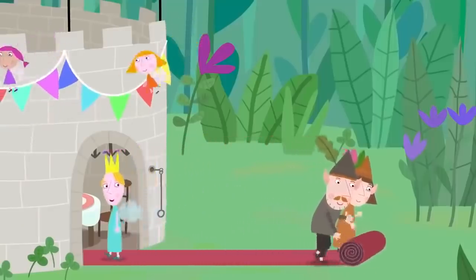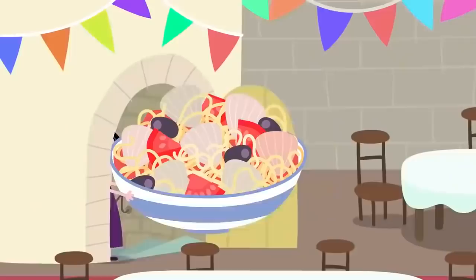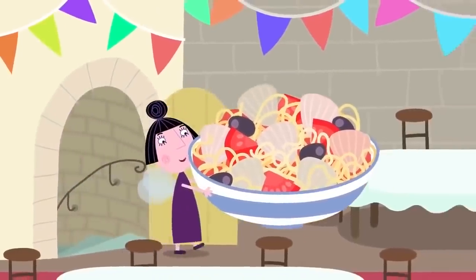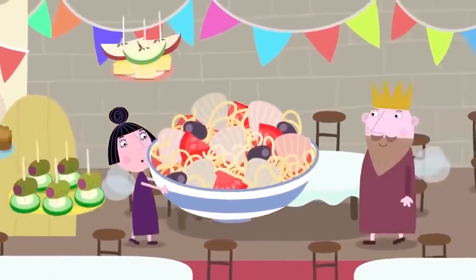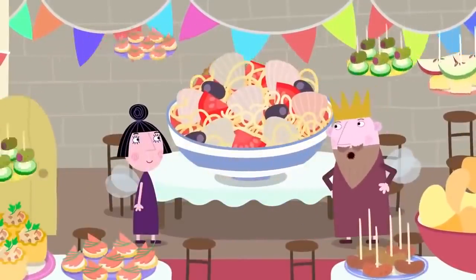Good work, everybody. It's looking great. Where's the food? Nanny Plum! There you go. I've made spaghetti vongole a la truffles. Yum, yum! This food looks delicious. Better than the usual stodge you